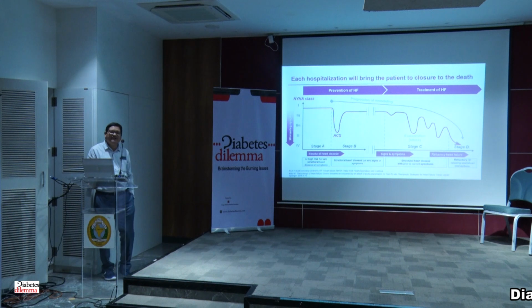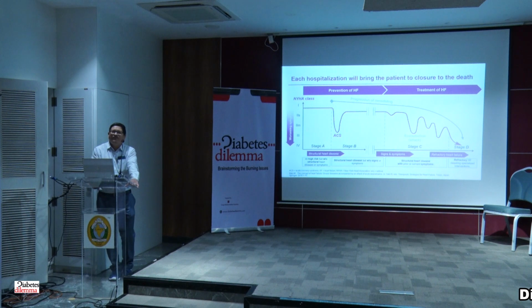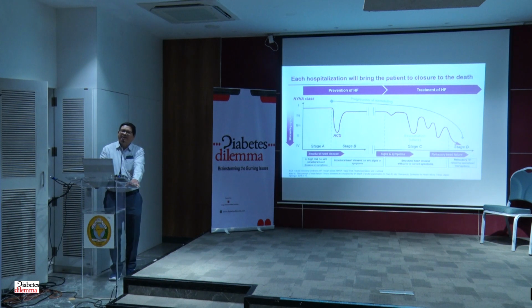Now these are the 2 stages where preventive therapies are used, so as to prevent these patients from progressing to stage C or stage D heart failure. Stage C is where the patients are symptomatic, previously or with ongoing symptoms of heart failure, along with presence of structural and/or functional heart disease. And lastly, refractory heart failure